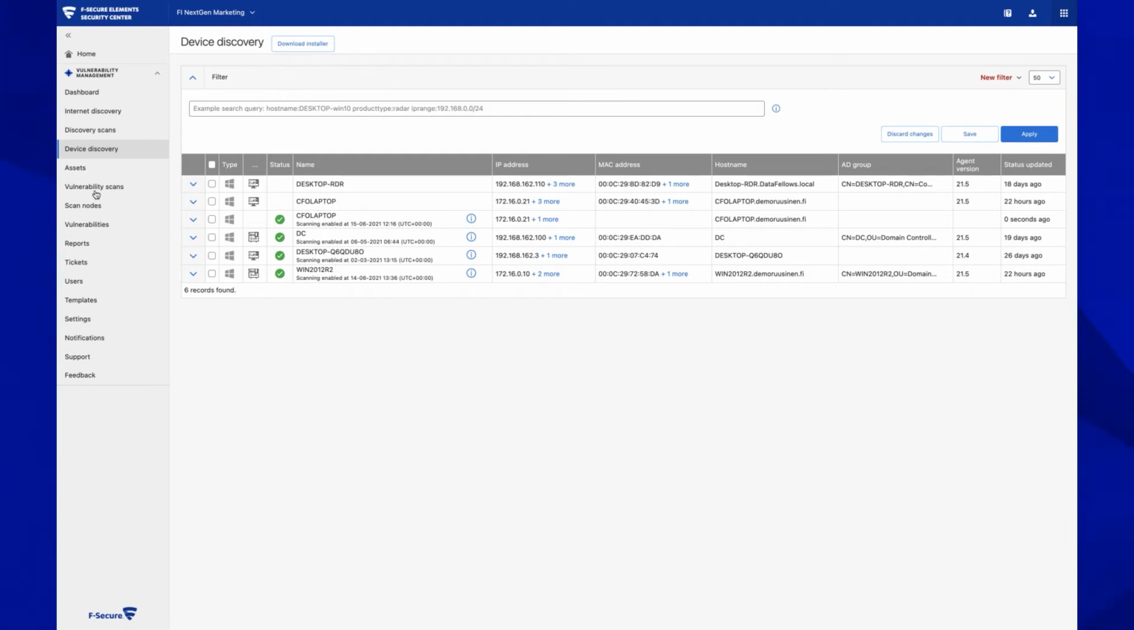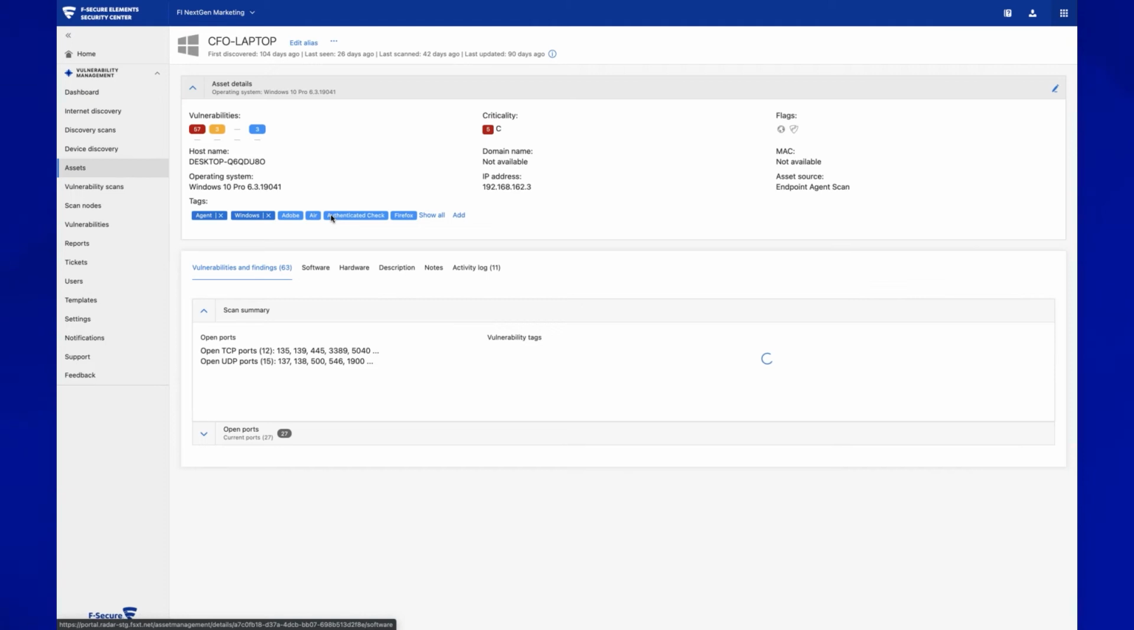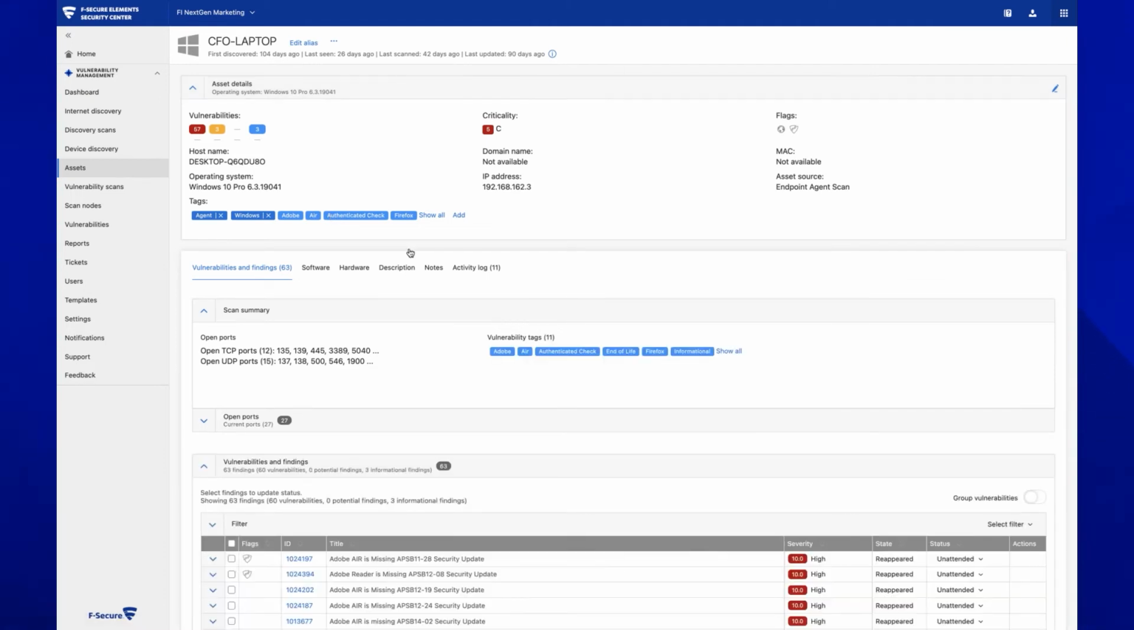And then after that, we can see those devices here. So it will start to scan this laptop, and after a few minutes, we will start to get this vulnerability data to the console. So let's open, for example, this other one that I already had in the portal so that we don't need to wait. If I open this other laptop that the CFO owns,